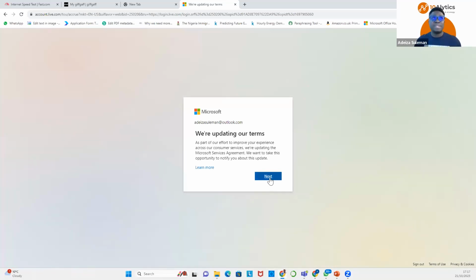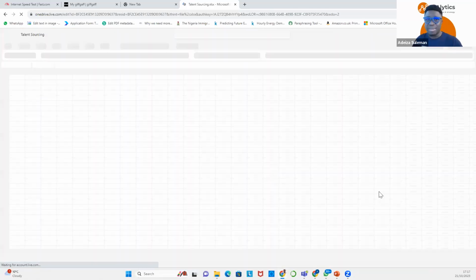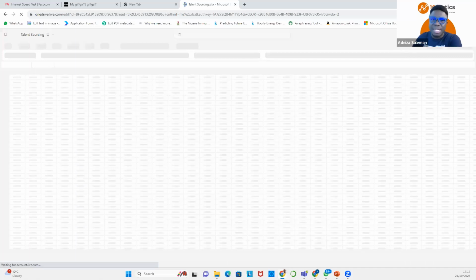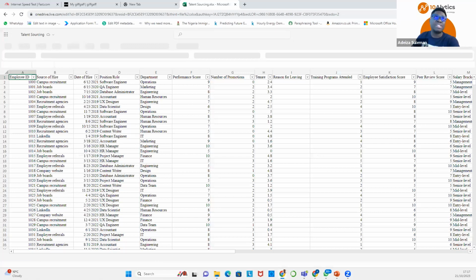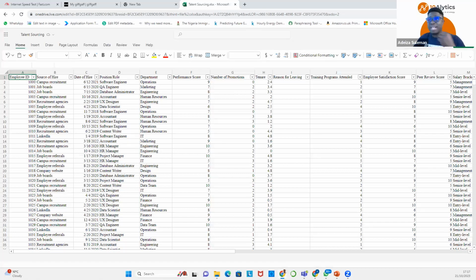You're not going to get any of this, so don't bother yourself. I have an Outlook account, and that's why I'm not signed in, and that's why it's asking me to sign in. But you won't need to sign in when you click on the link, so you don't need to worry yourself when you get the data. Just click on the link, and it takes you here.